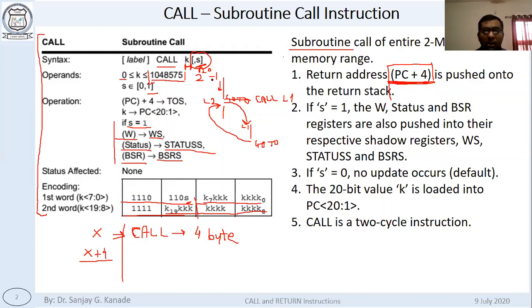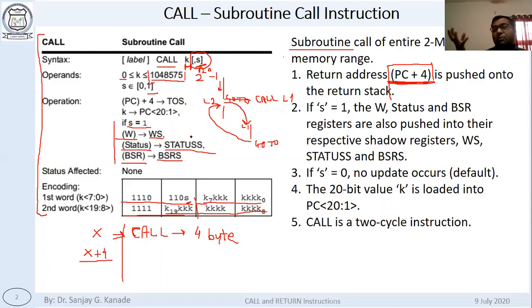W is copied to WS. These are called shadow registers. Status is copied to STATUSS. And BSR is copied to BSRS. Okay. Now, why is this